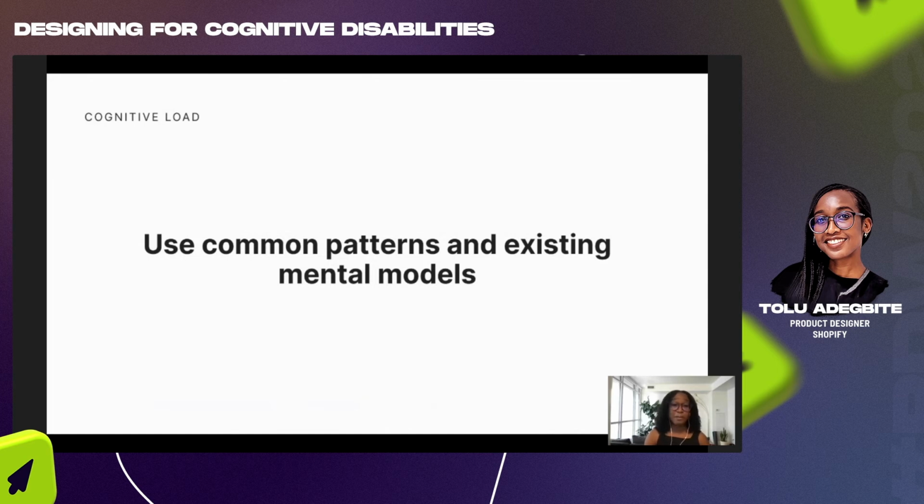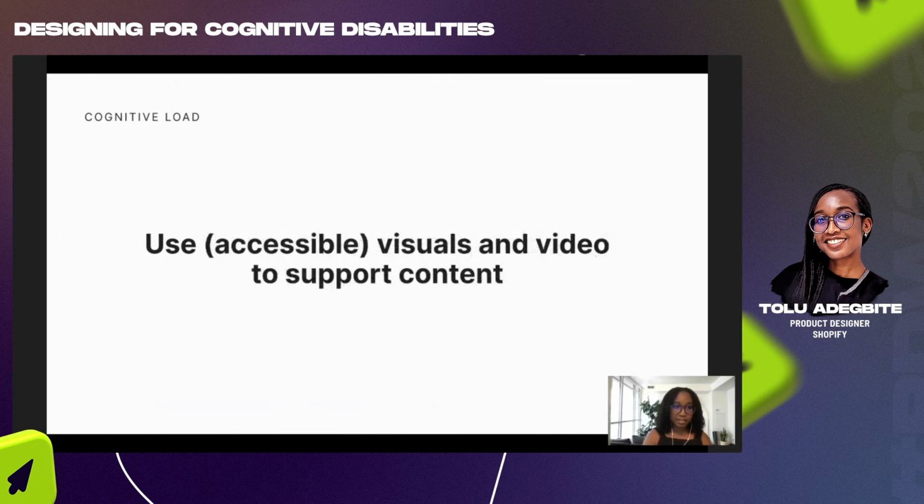Allow users to come into your app able to already know what they're doing because they're recognizing common design patterns already. We also want to make sure that we're using accessible visuals and videos to support content. I think there's a common misconception that it's inaccessible to use visuals and video, and that's just not true. Of course, text will by and large always be the most accessible form of content just because it can be read by screen readers, it can be changed into a braille format, but visuals and video can be really helpful